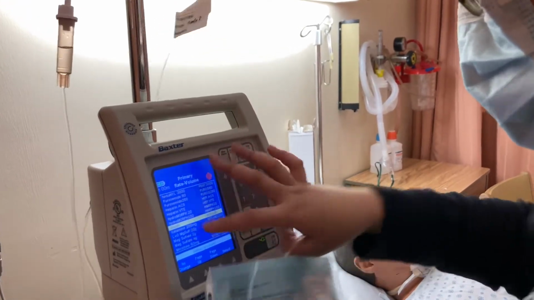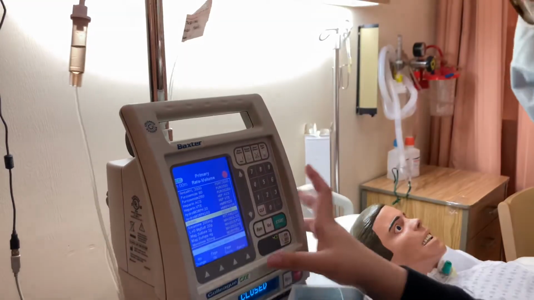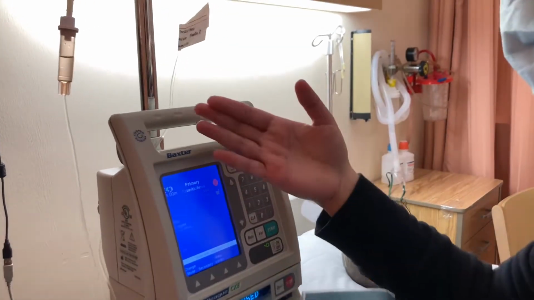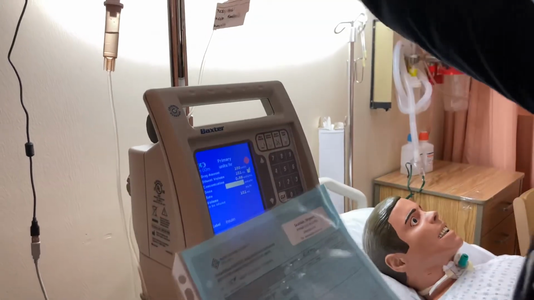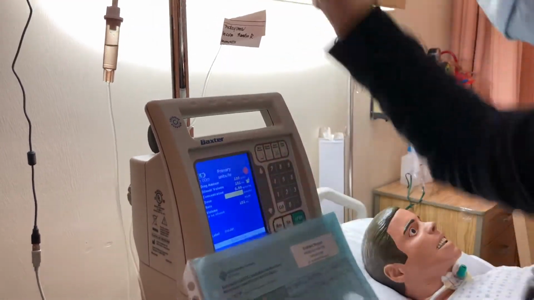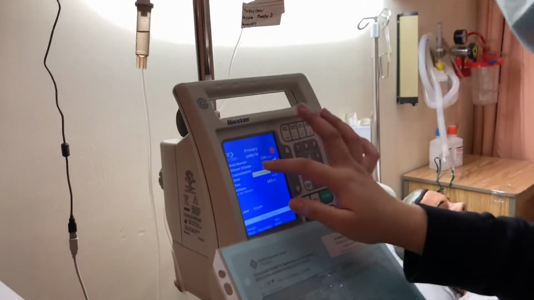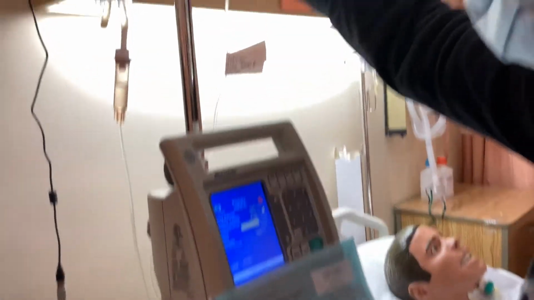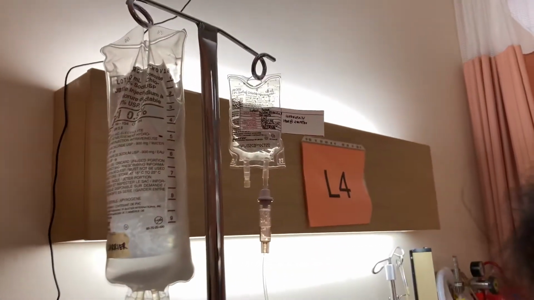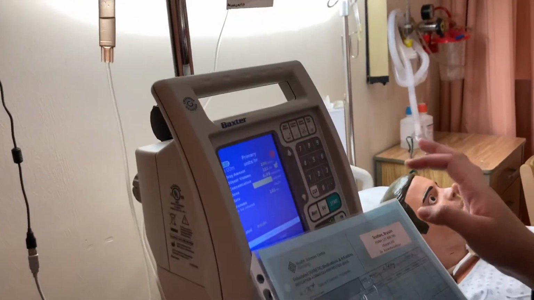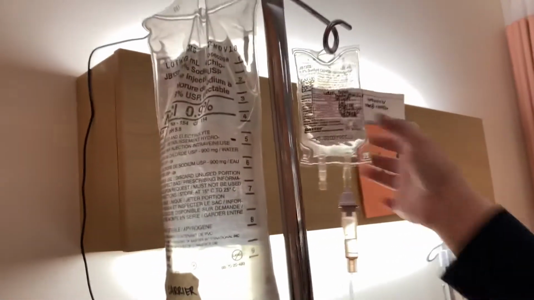So we need insulin. I'm going to press select. So it's lovely because they put us to this. So this is insulin. And our drug amount is 100 units, which it is. Our diluent volume and our volume to be infused is 101 because of 100 units. And we need 1 milliliter. So for a total of 101 milliliters. Our concentration would be 0.99 units per ml, which it is.